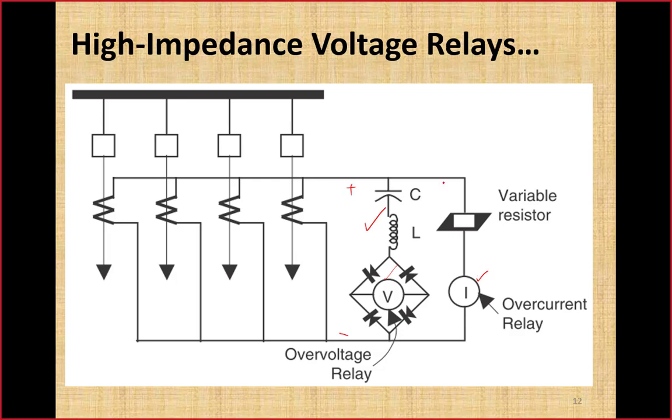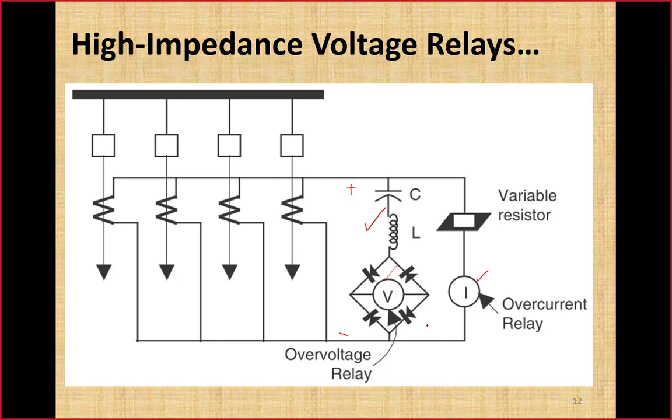So what is the purpose of this parallel branch? We will discuss it later when we discuss the example. Just look at this central branch, which is the high impedance overvoltage relay branch. Now this high impedance will force the CT that may get saturated into the complete saturation zone. So that CT may get completely saturated in that condition.